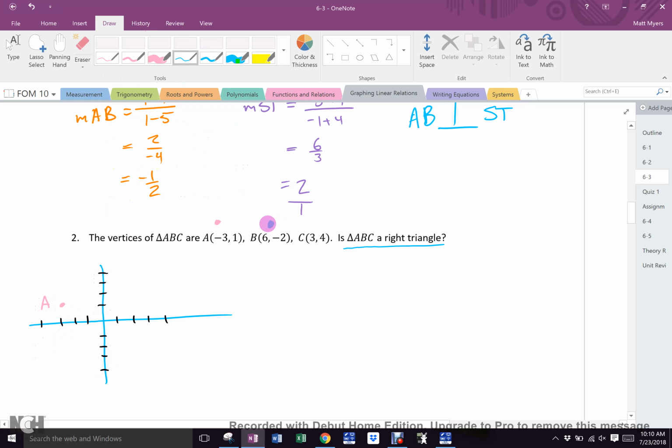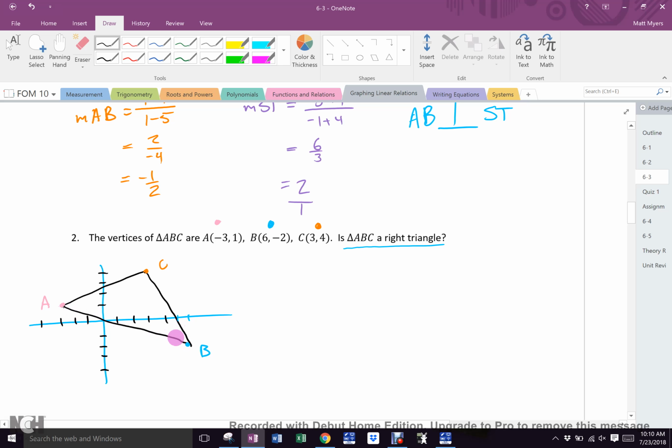Where is 6, negative 2? Right. 1, 2, 3, 4, 5, 6, down 1, 2. There's B. Everyone agree? And C will be a nice orange dot at 1, 2, 3, up 4. There's C. And then, if I connect the dots,